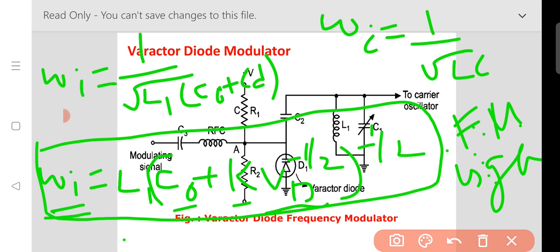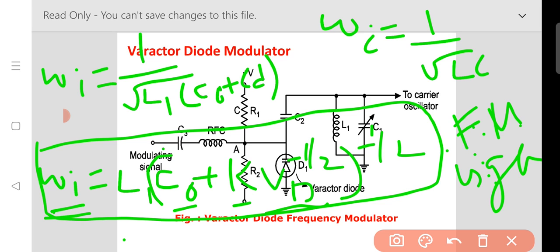We observe this relation from this circuit diagram on your screen. You just apply the modulating signal over here, with a diode employed as a varactor diode. It may act as a variable capacitor; that's what is called a varactor diode. What does varactor mean? It is the nature of variable capacitance, where the capacitance changes with the input voltage.